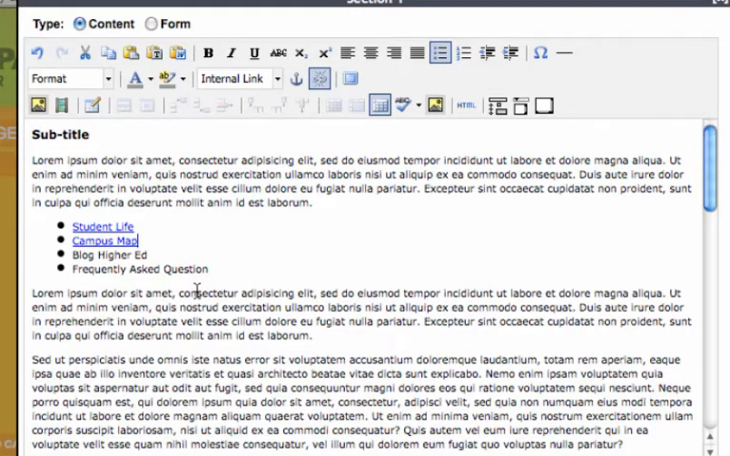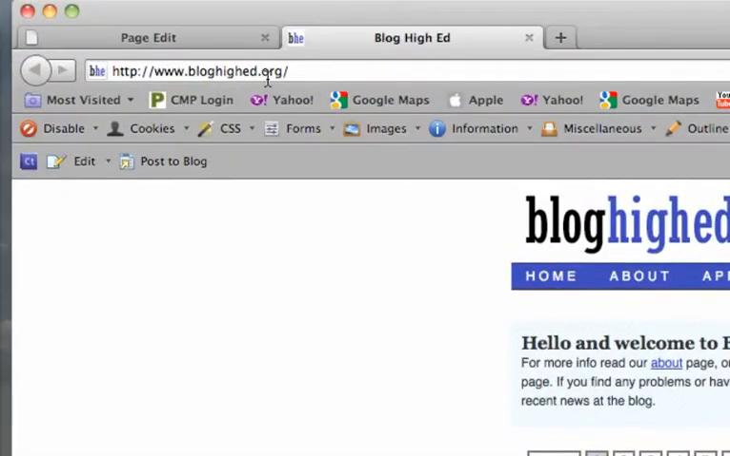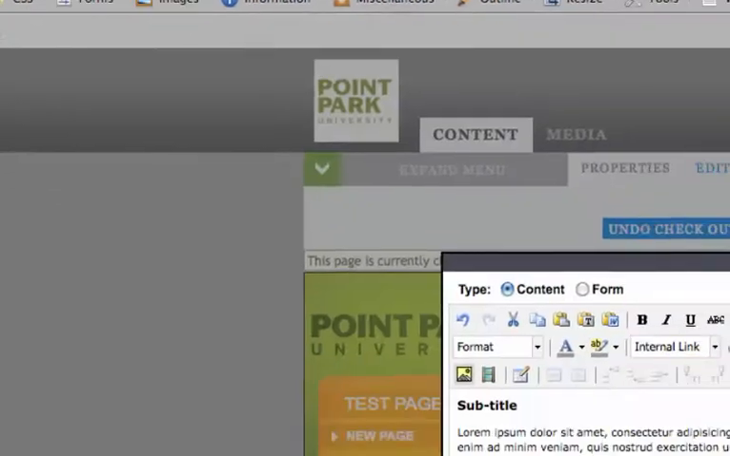Next link that we're going to create is an external link. Again, I'm going to highlight the text that I'd like to create. The first thing I'm going to do here actually is copy the URL that I want to create the external link out of. So I'm going to, in this case, go over to a website called Blog High Ed. Going to copy that URL, and then I'm going to return to my